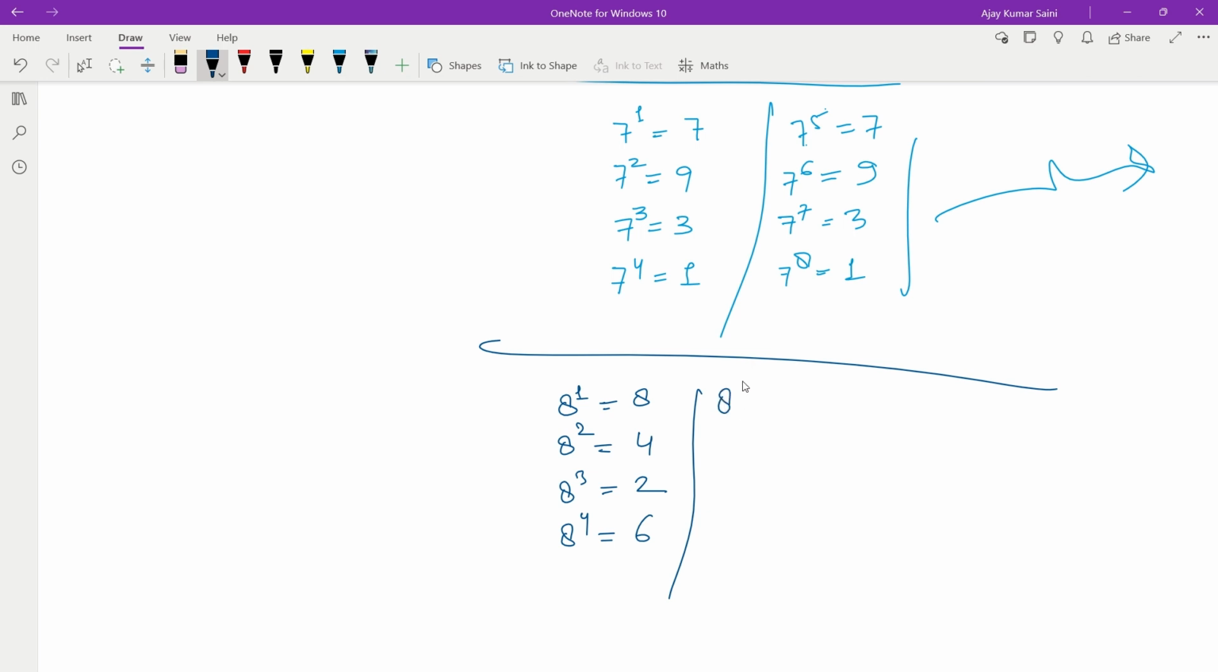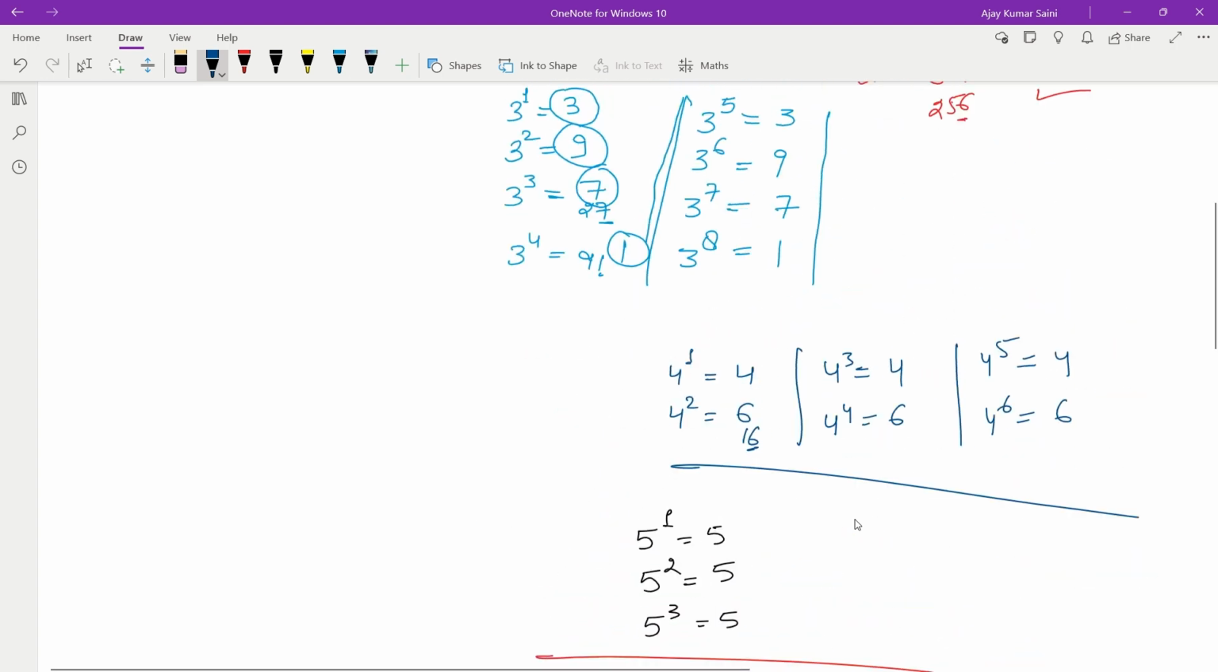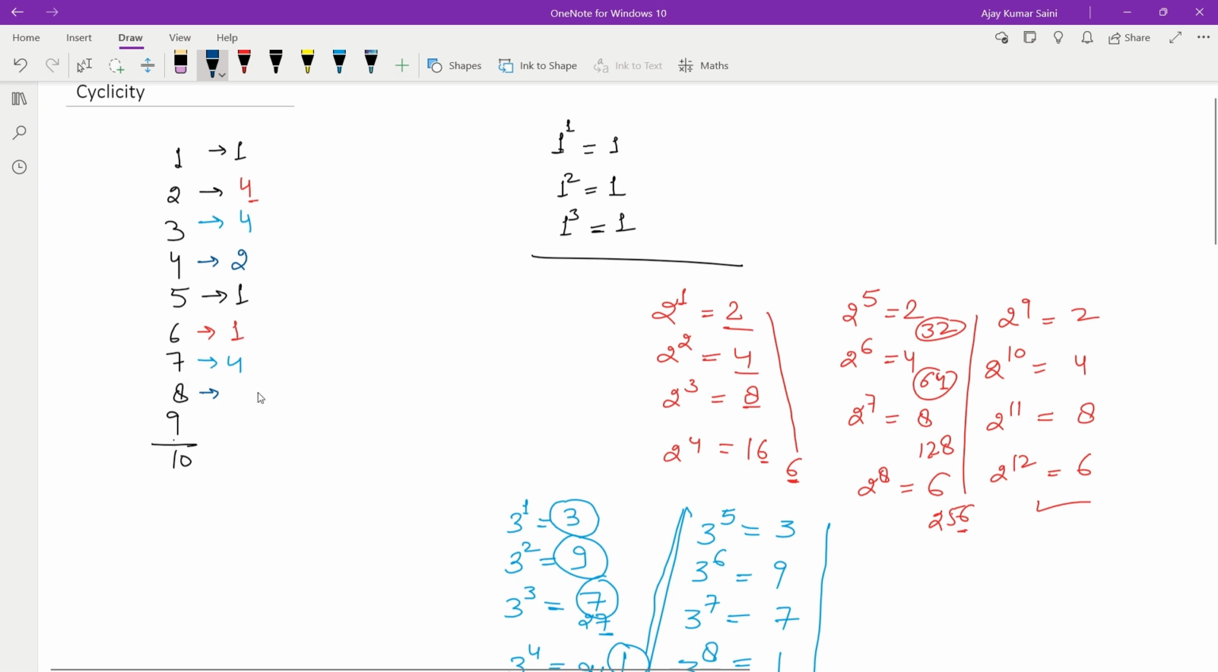If the power of 8 is 5, then the last digit is 8. If the power of 8 is 6, then the last digit is 4. If the power of 8 is 7, then the last digit is 2. If the power of 8 is 8, then the last digit is 6. So up to infinity, it keeps repeating this pattern. So cyclicity is 4. Okay, for 9,